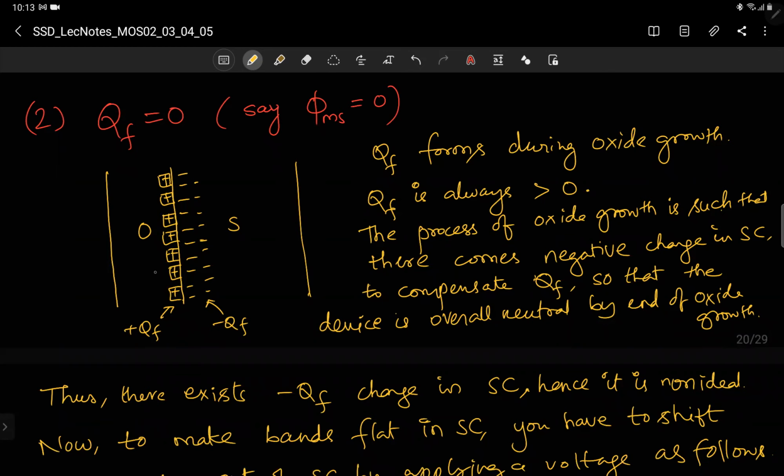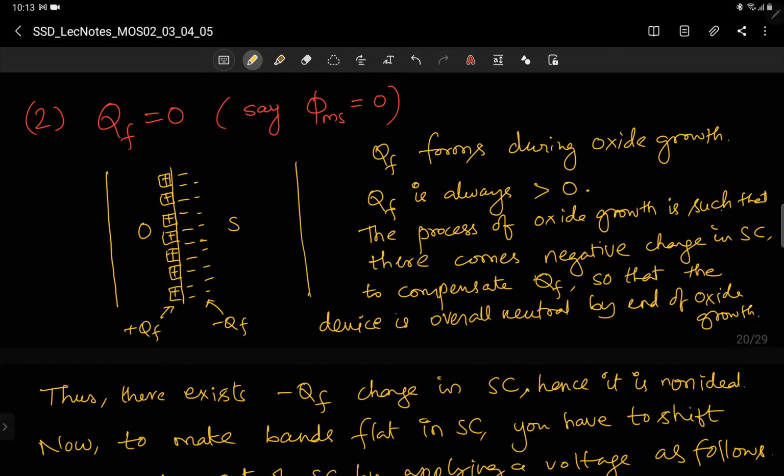We have told that oxide is grown thermally on semiconductor for gate material. Those details are not necessary for this course, but it is sufficient to understand that during the oxide growth, this positive charge comes, because of chemistry. And it is not just that only positive charge comes, because overall when you finish oxidation, the device has to be taken as charge neutral. So by the time you grow this oxide, you will have to have some negative charge here,